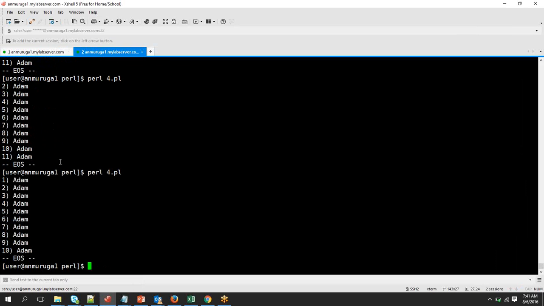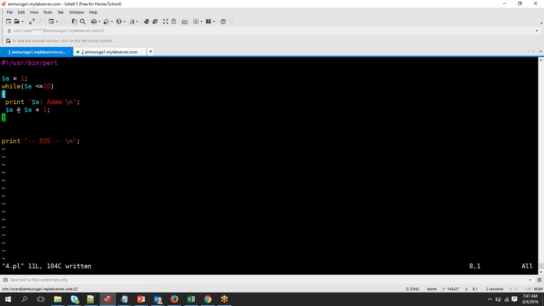Yeah. The same thing now you can do with decrement also. Like I can put the number as 10, and then here I can say $A equal to $A minus 1. Yeah, it will start decrementing in the reverse order. Okay, so like this you can put up any condition that you want, but make sure this is one of